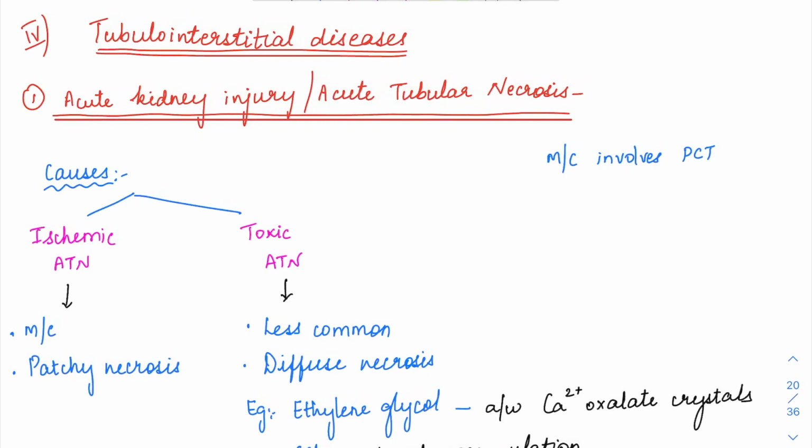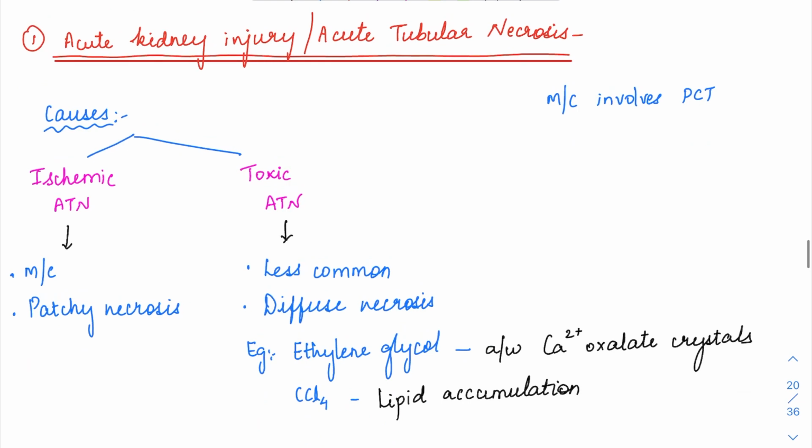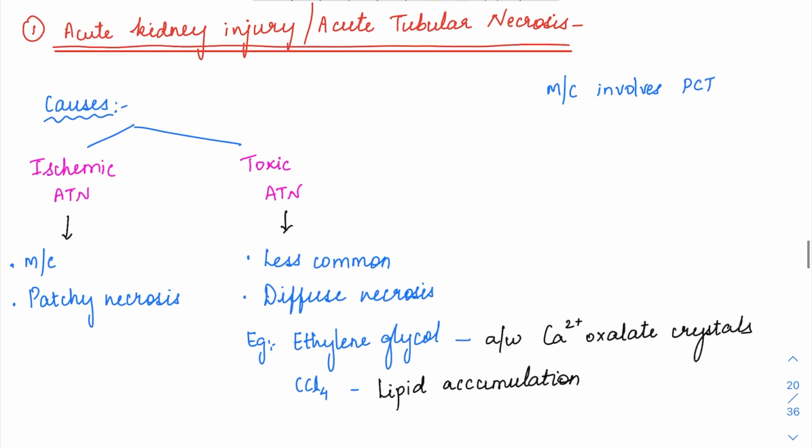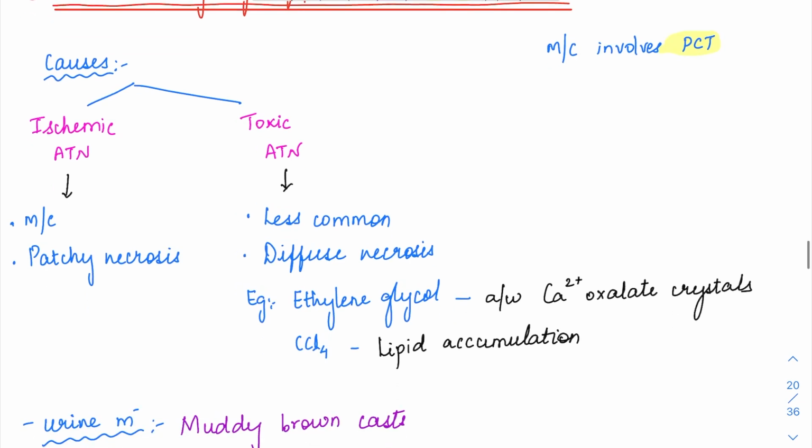So next we'll start with tubulointerstitial diseases. Under that, we'll have acute tubular necrosis. Acute tubular necrosis is also called acute kidney injury, and most commonly it is going to involve the proximal convoluted tubule. There are two major causes of acute tubular necrosis, and that will be either an ischemic cause or a